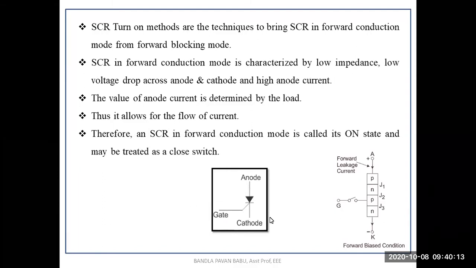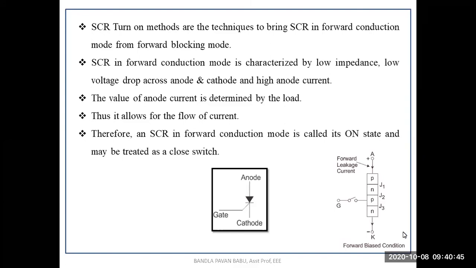So look at this figure. It is the forward biased condition. Even though it is forward biased, it's not conducting here because the anode is fed with positive supply and the cathode is fed with negative. And at the gate terminal, we have used a switch to control the gate current. So without any gate current,